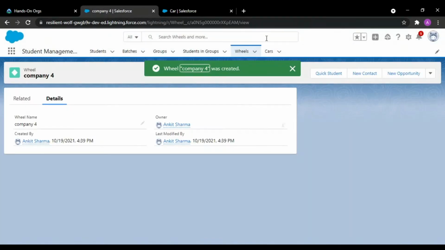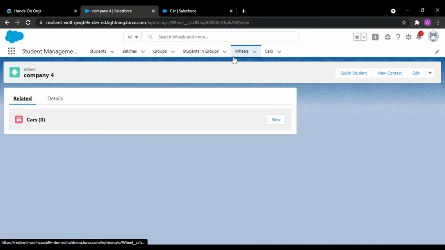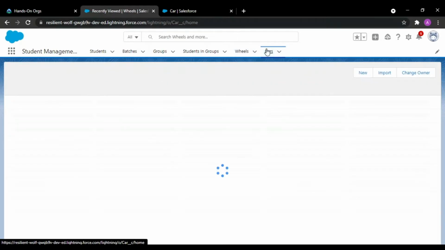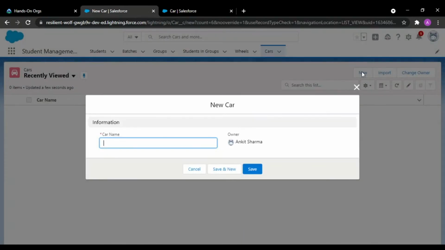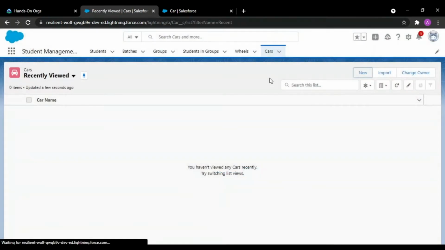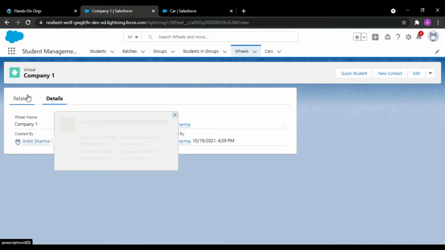Now in my wheel object there are 4 companies. In the related list till now we have no cars, so either we can add from here, or we can directly have the association there also. So let me add a car from here.